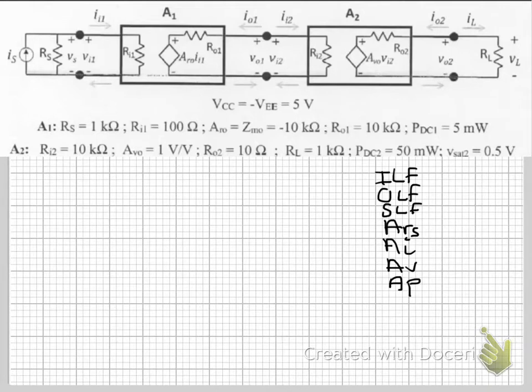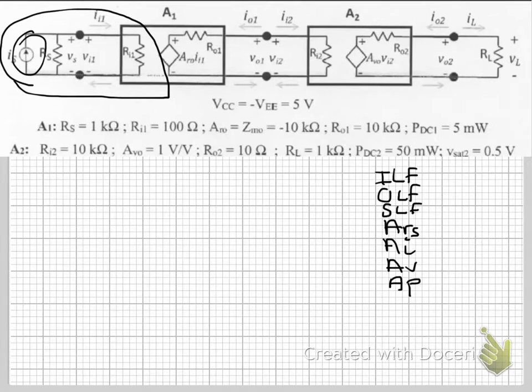The first question would be a basic one, like name the topology. Is it series shunt, and is it transconductance, transimpedance, voltage, or current amplifier? So first of all, to identify the topology, we see that at our input source side we've got a current source. So that tells us that this is shunt at the input, and here at the output,